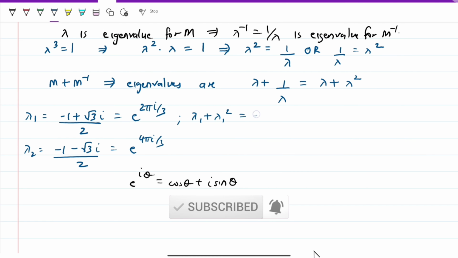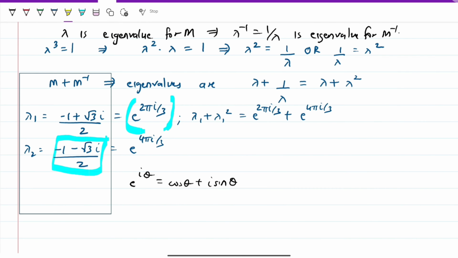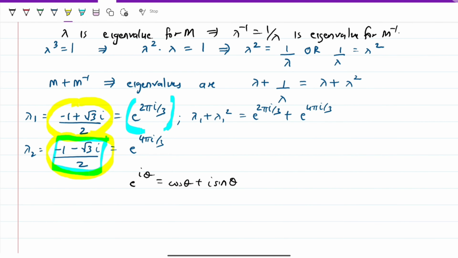So that's going to be e raised to 2 pi i by 3 plus e raised to, so when I square this expression, the powers will be multiplied by 2, so that becomes e raised to 4 pi i by 3. So that is nothing but this next root, which is the complex conjugate. So we are supposed to add lambda 1 and lambda 2, which are complex conjugate pairs of each other. If we add the conjugate pairs, then the imaginary part is eliminated, and this is going to reduce to a